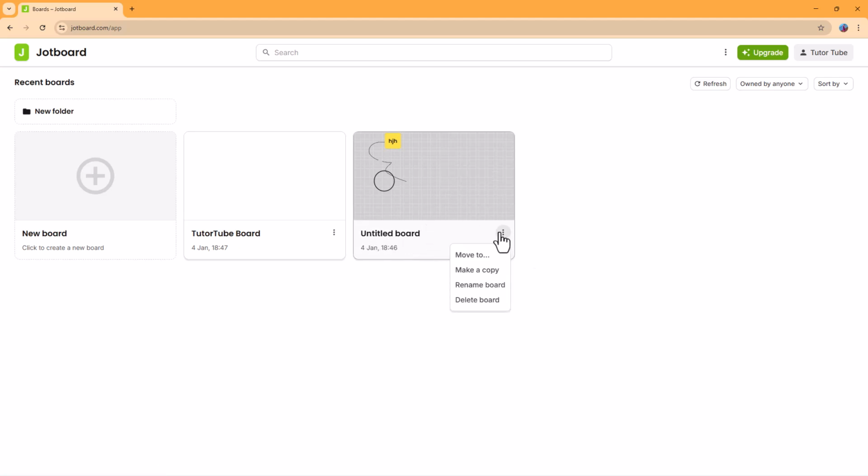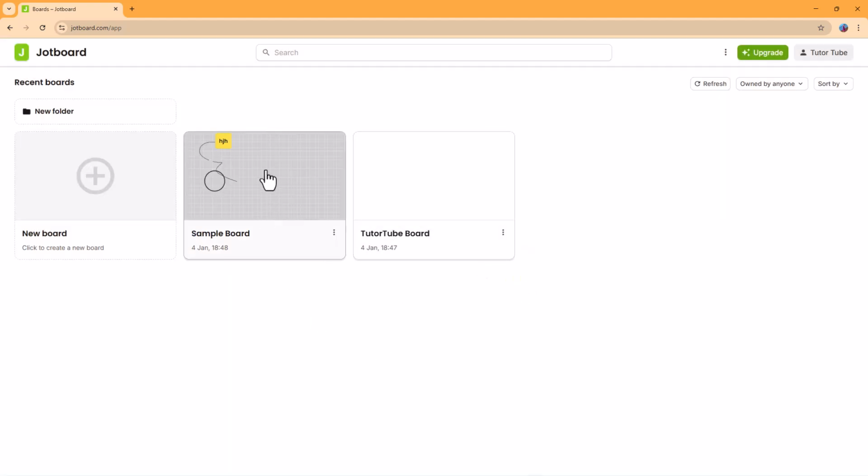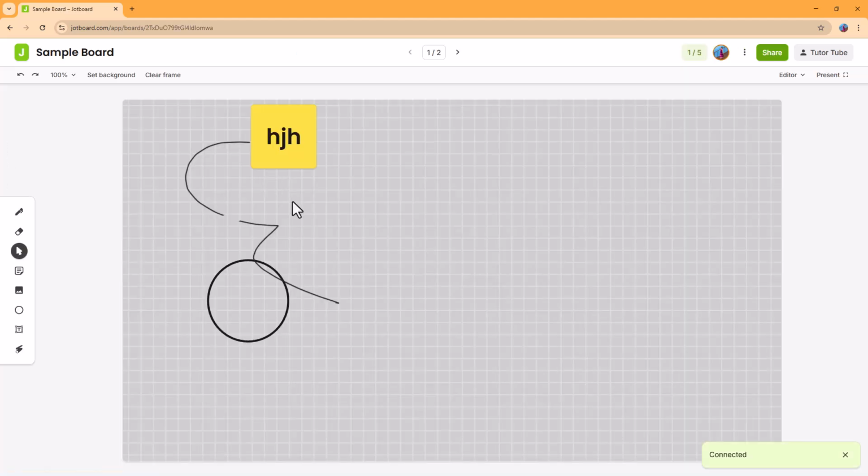You can go over here and rename the board as well. Let's say, for example, I'm going to rename this to Sample Board and click Save, just like this. And in order to access this board, I can simply click, and that particular board will be opened as well. So that is how you can create a new board, rename them, and open existing boards inside of